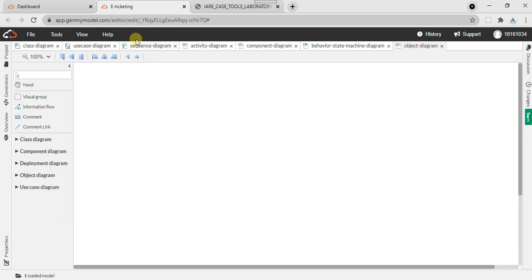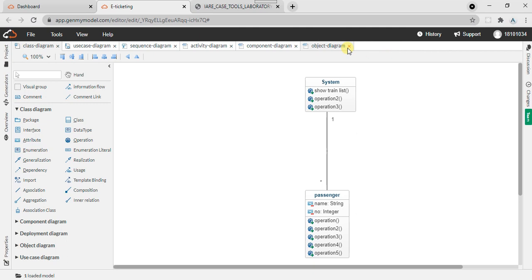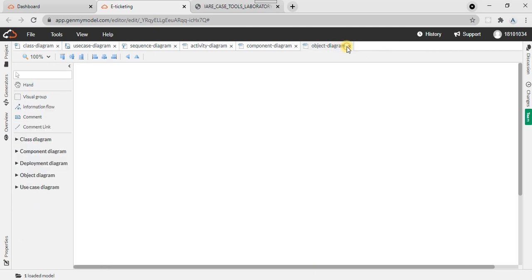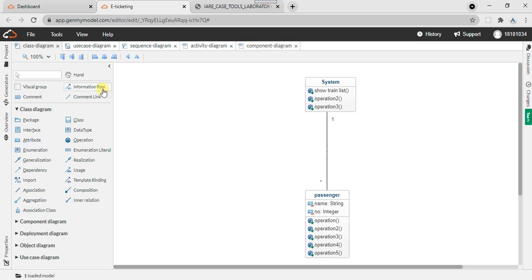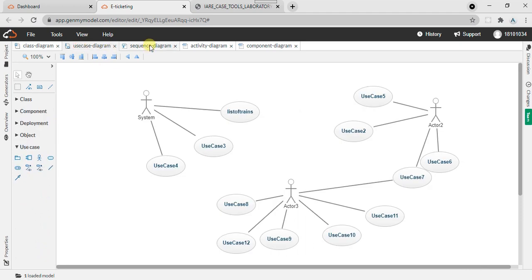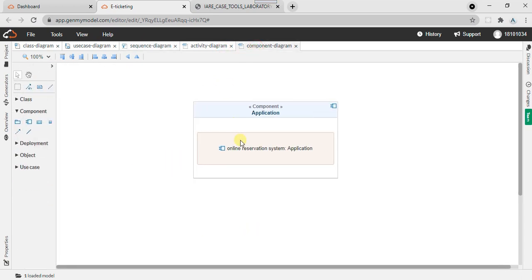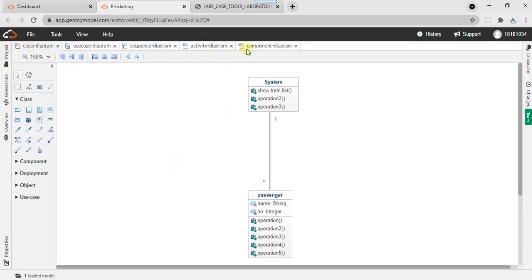But for this e-ticketing, only 5 diagrams are there, so I have created 5 diagrams, but not yet completed. I just give a demo. If I try to complete, time will take more, so I just created the layout. I didn't rename or complete the diagram. You can complete your project by renaming those all and including all classes and all components.